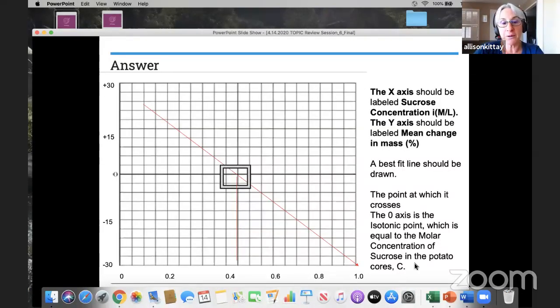So you would graph your data, draw your best fit line, right? Making sure that you've got all your axes labeled correctly. And then find the isotonic point, the point at which the line crosses the x-axis. You can see it's super close to that 0.4 molar, and that would allow you to determine the concentration of